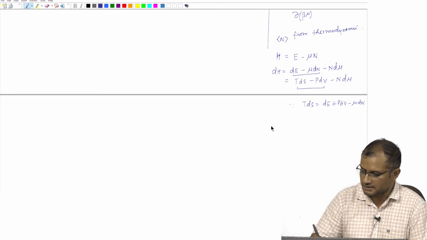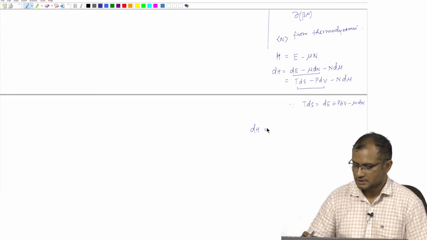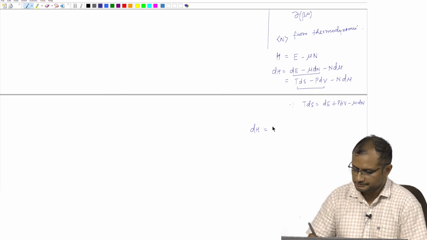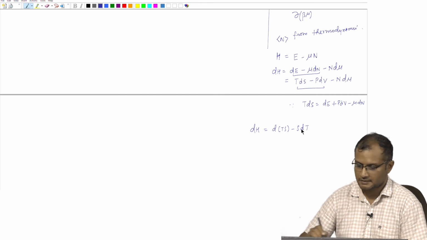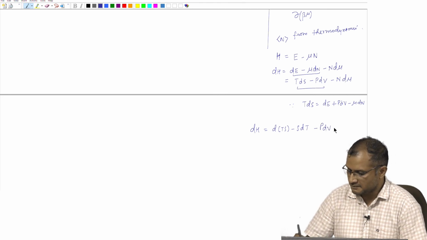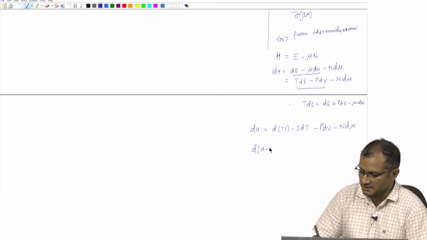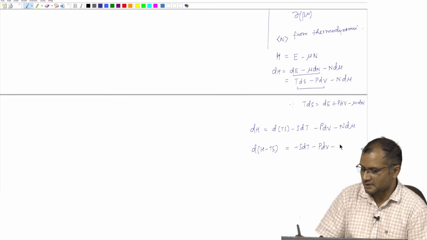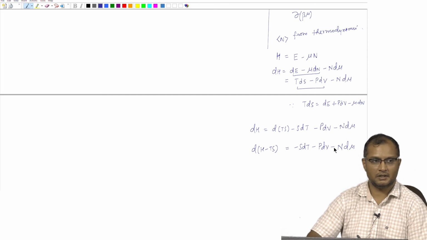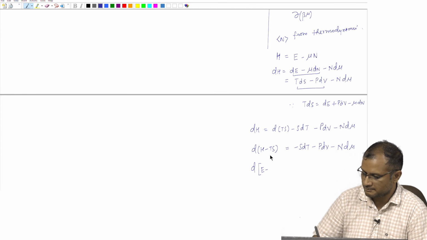So, then I can write dH equals TdS, which I will write as d of TS minus S dT, minus PdV minus n d mu, and then this I will write as d of H minus TS, which is minus S dT, minus PdV minus n d mu. And the d of H minus TS is basically E minus mu n, that is H,